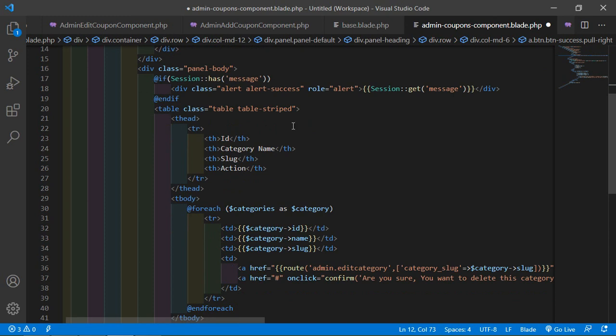Now inside this table, change here the heading id and second table heading, which is coupon code.